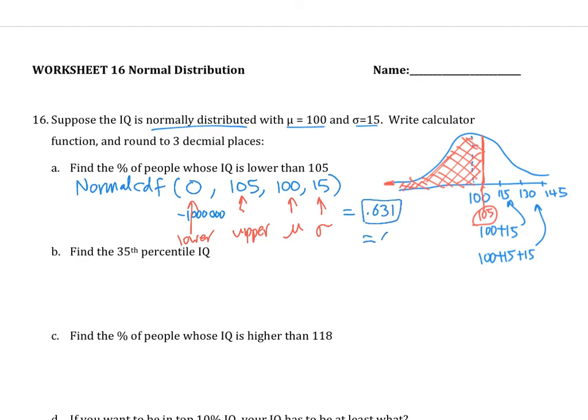So that's 63.1% if you want it as a percentage. We knew it was going to be more than 50%, and it happened to be 63.1%, right? So if the normal distribution is not standard, if the mean is something other than 0 and the standard deviation is something other than 1, we can still go through the process. I just have to plug in the corresponding numbers here and pick the right lower bound and upper bound.